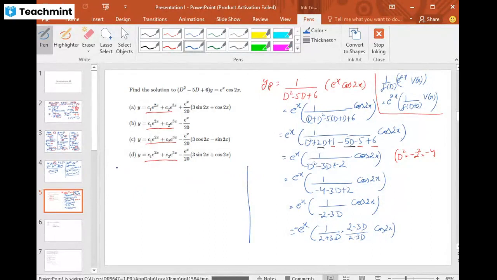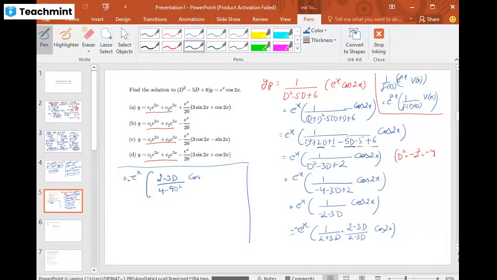Let's continue this side. So we get here minus e power x, and here we have 2 minus 3D in the numerator, and in the denominator this is 4 minus 9D square,